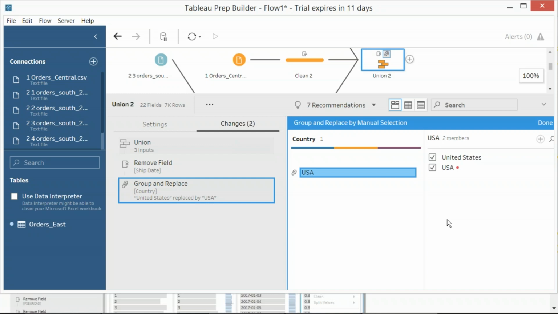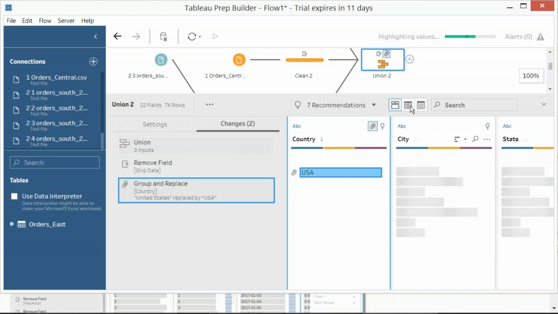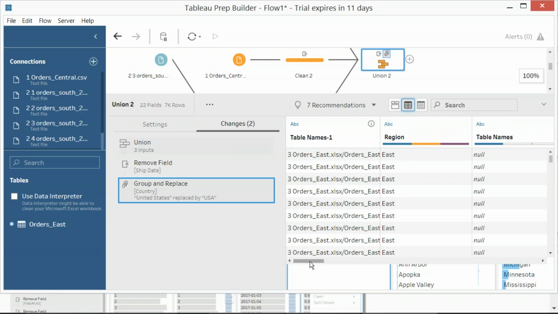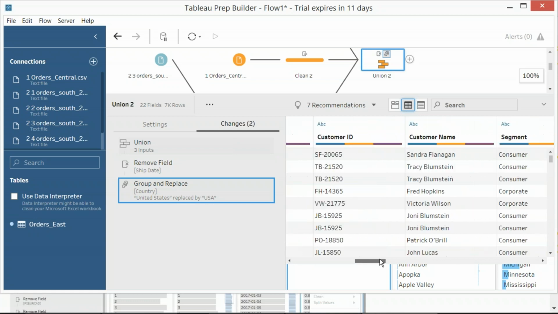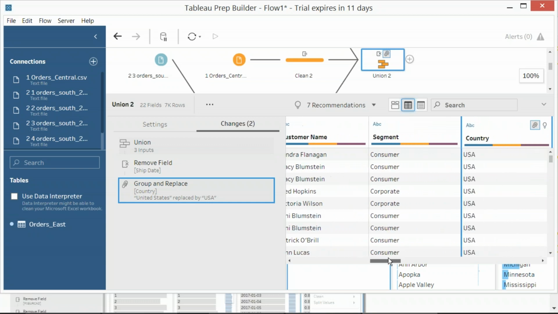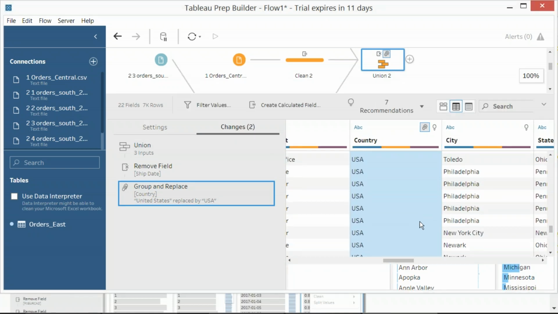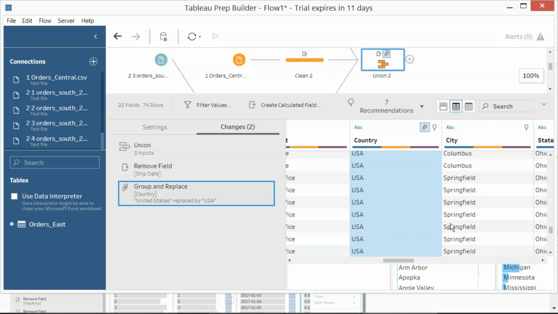Once done, what we do? Verify whether data is correctly getting replaced or not. Say done. Click done, and now go back to show data grid, and then here you will see the required customer segment country, and yes, you got all the data ready here. Yes, the country USA data is ready. We replace the country data now, and you may scroll down and you would see the relevant cities as well, which are correctly specified here.